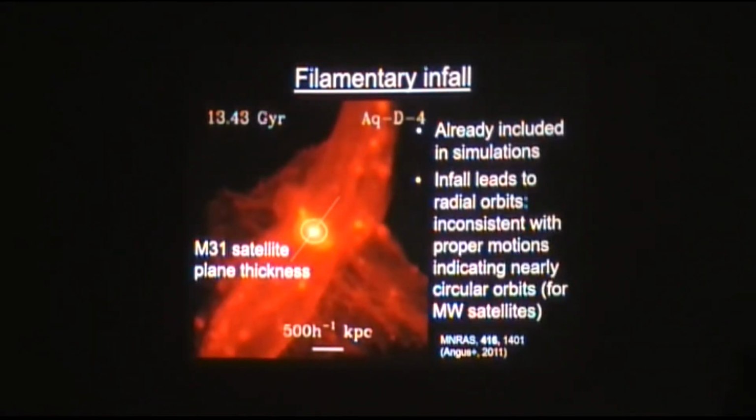Now, another thing people noticed for the case of the Milky Way was that in these filamentary kind of models, where things do look a bit anisotropic, it also leads to a very testable prediction. The satellites should be coming towards the Milky Way. They're kind of falling in along the filaments, right? But they're actually not. They kind of want to circle orbits around the Milky Way. So for the Milky Way, at least, we know that this explanation is very unlikely to work.